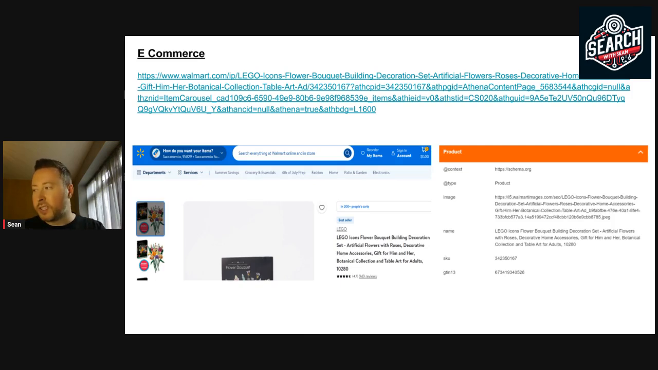So moving on into e-commerce. And here, as we all know, quite a big store is Walmart. And yeah, it's a Lego flower bouquet. So not sure how I stumbled on this one, but I didn't buy it. So I don't know how I came across it, but anyway,